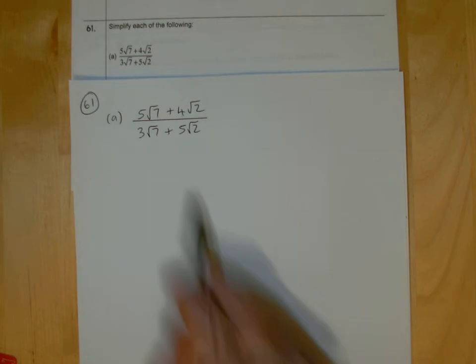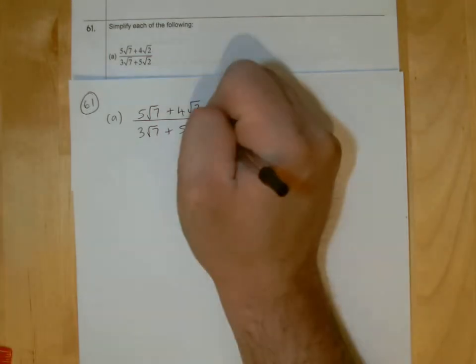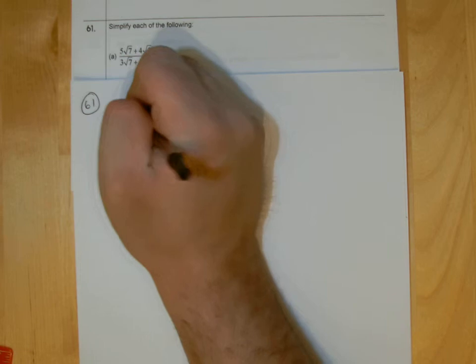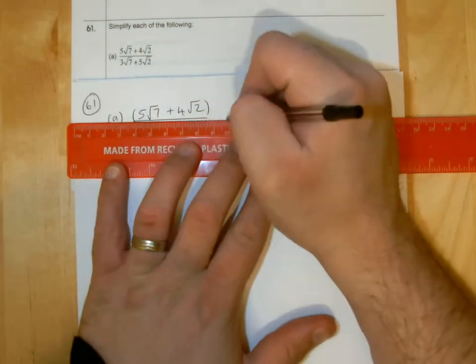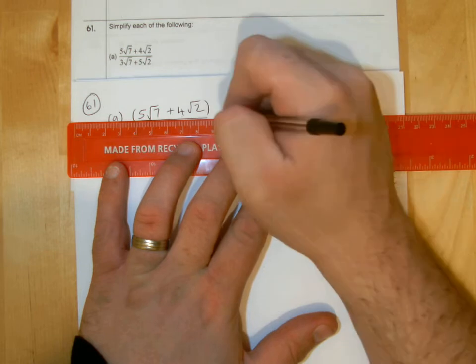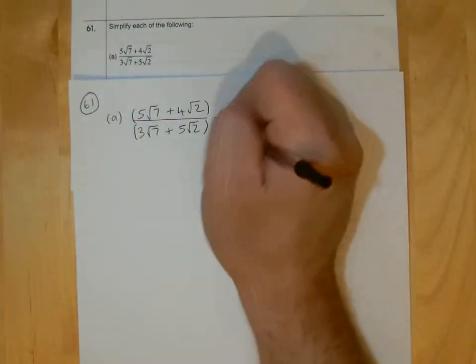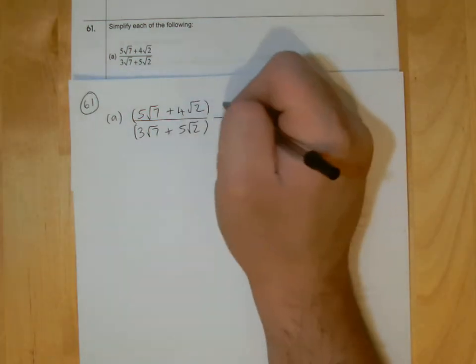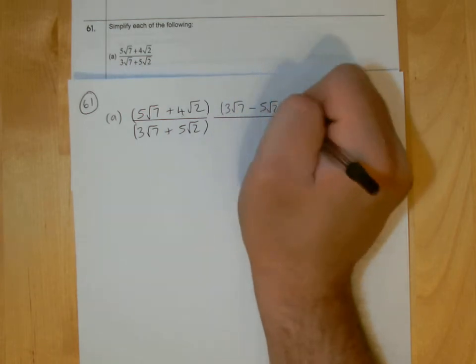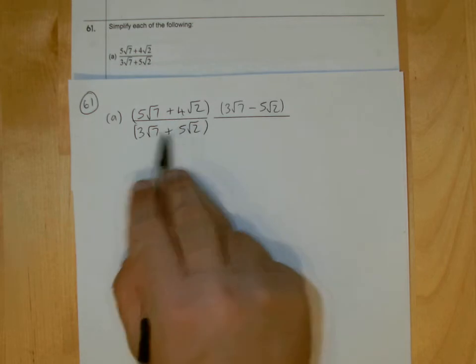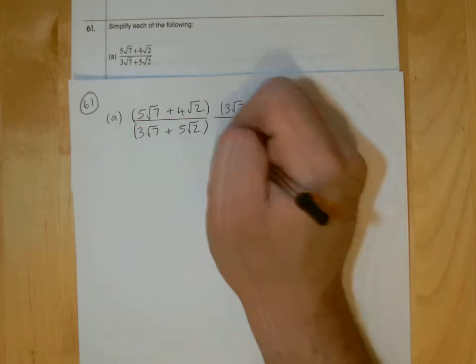Simplify this surd here, so we're going to rationalize the denominator. Okay, so put them in brackets is the ideal step here, and so we're going to times this then by, well, the bottom here is 3 root 7, but we'll do minus when we have 5 root 2. So you times it by whatever's in the bottom, but change the sign, and do the same here then,